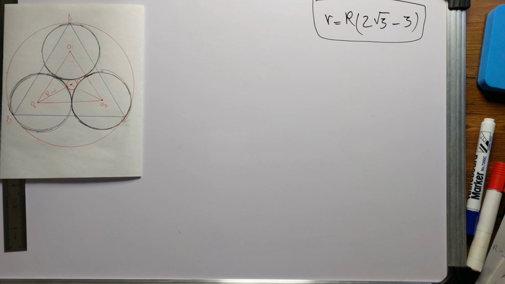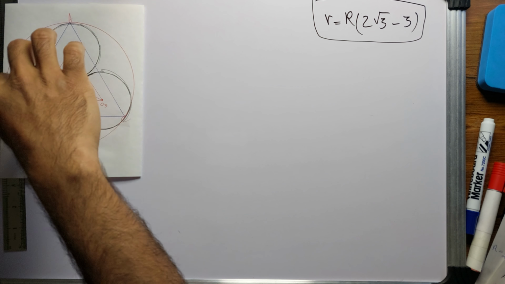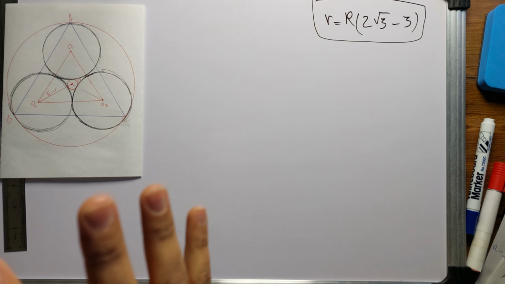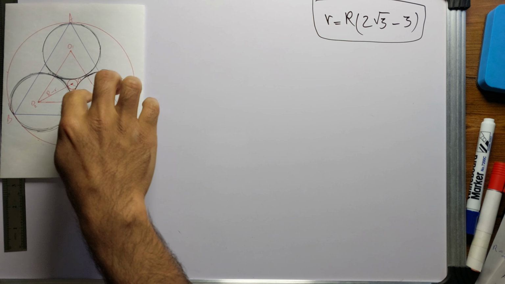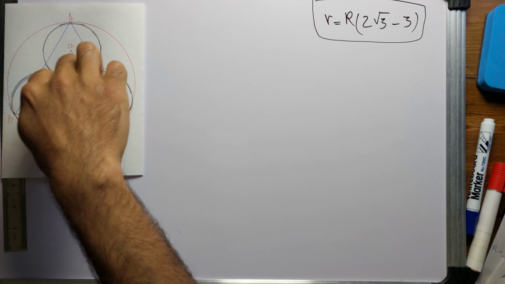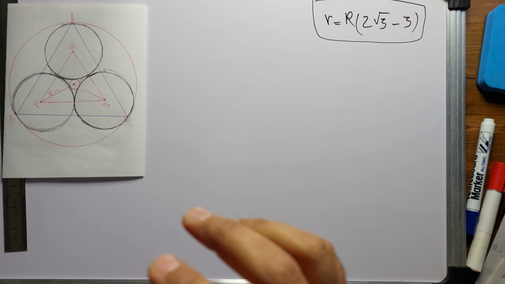It gives us a powerful formula which relates the curvature, or the reciprocals of the radii, for mutually tangent circles. According to Descartes' theorem, whenever we have 3 mutually tangent or kissing circles, sometimes also called kissing circles because these circles are kissing one another,